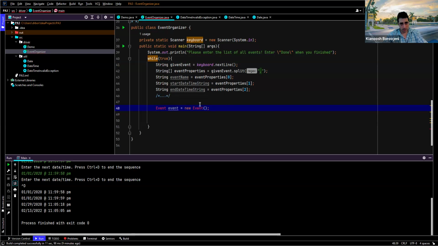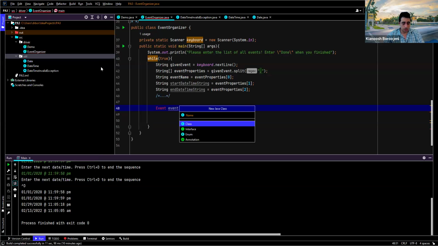The parameters are basically, let's say, you pass the event name, etc. You need to pass the start date and time, and everything else, right? Right now, I just want to show you a demo, so I'm just going to create